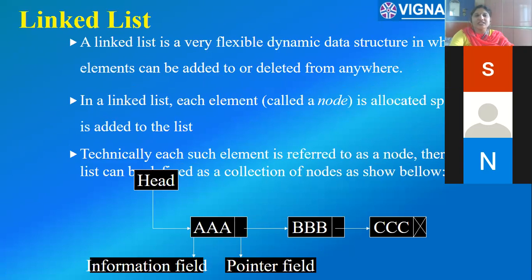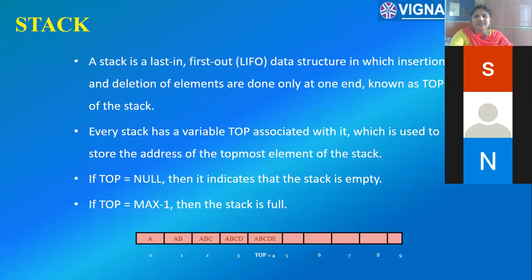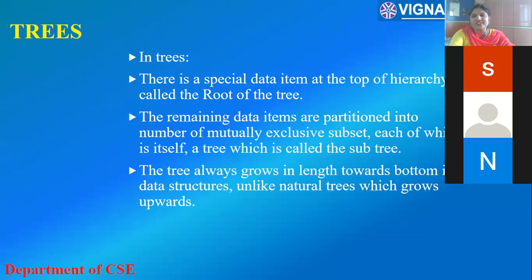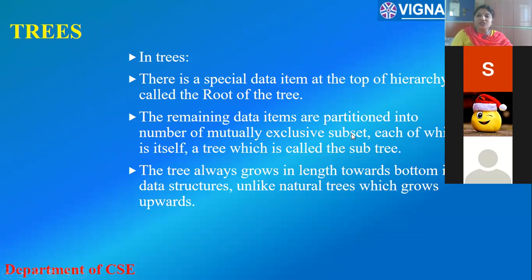What are the examples of non-linear data structures we have been discussing? Trees and graphs. The first one is a tree. What is a tree? It is a non-linear data structure which organizes the given data elements in a hierarchical manner, level by level. That type of data structure is called a tree, as we have already seen, isn't it?